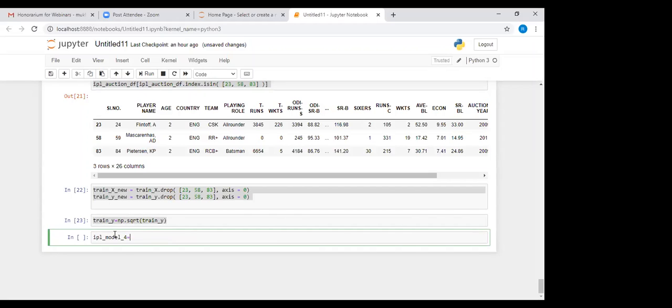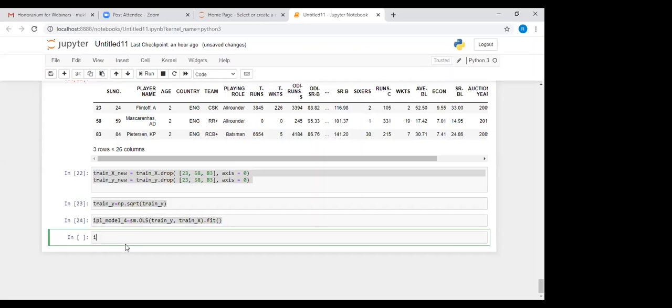The fourth model will be sm.ols of train y and train x dot fit, then IPL underscore model underscore 4 dot summary 2.